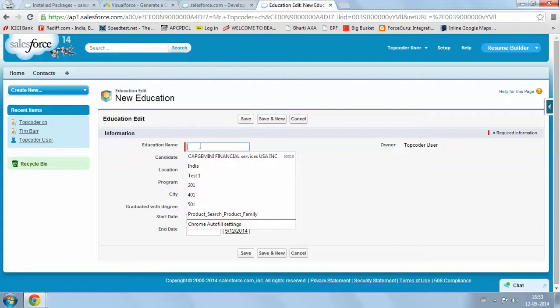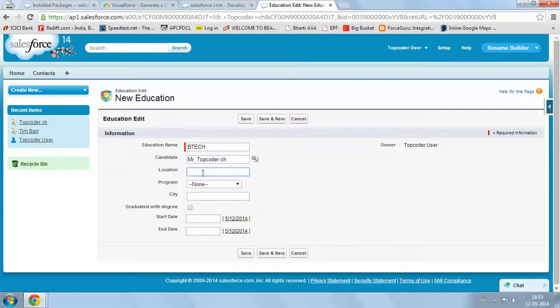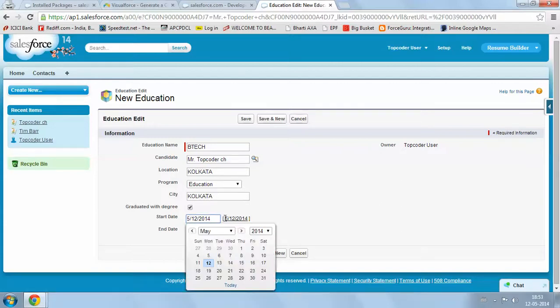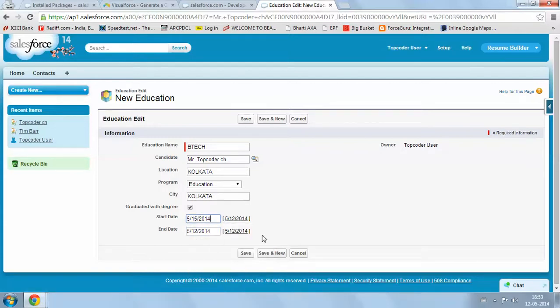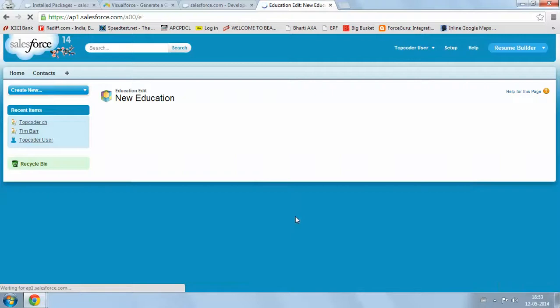I'll give them BTech. Location I'll give Kolkata. Program, I'll give this. Education city, again I'll give Kolkata. Graduated, I'll give the start date here, and I'll give the end date here. What I'll do, I'll make it a future date and try to click on save.